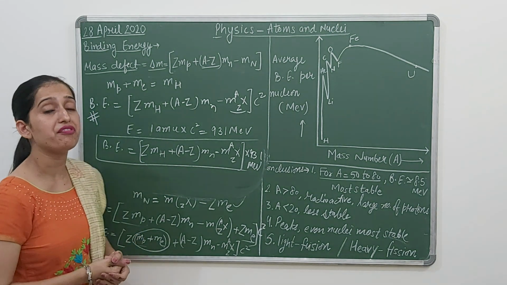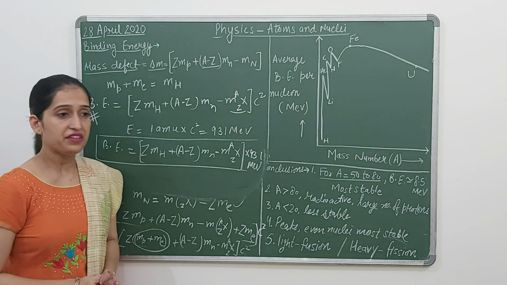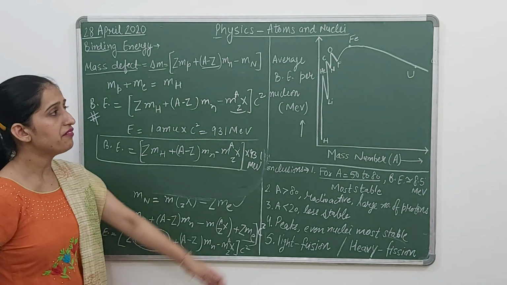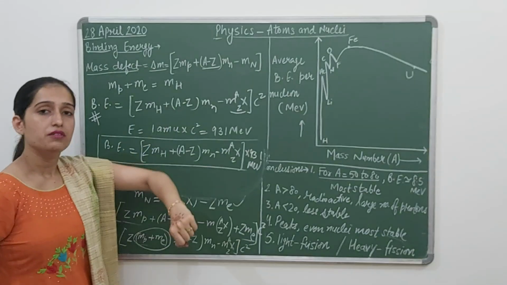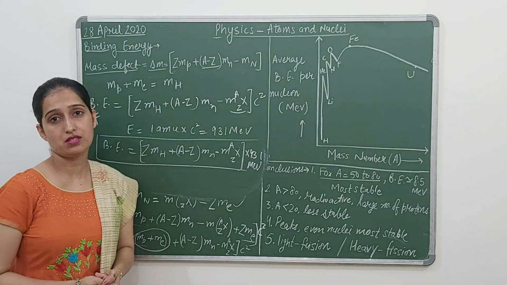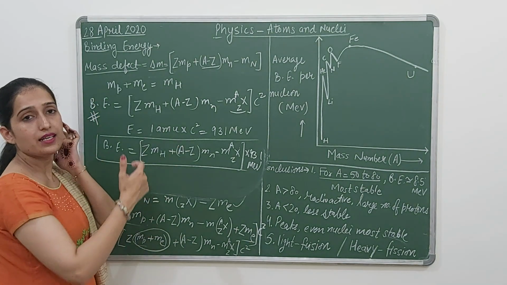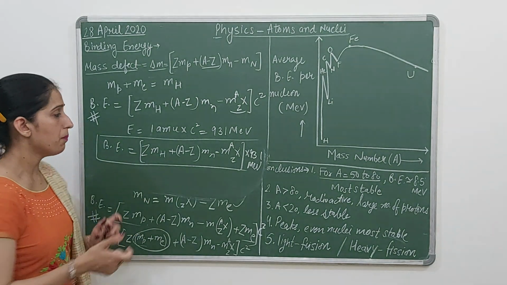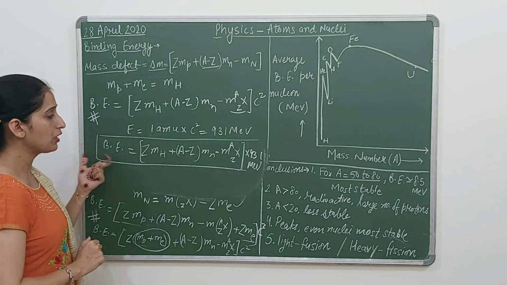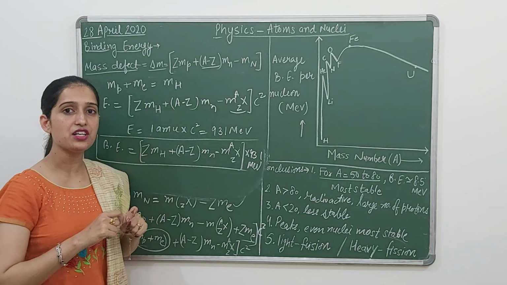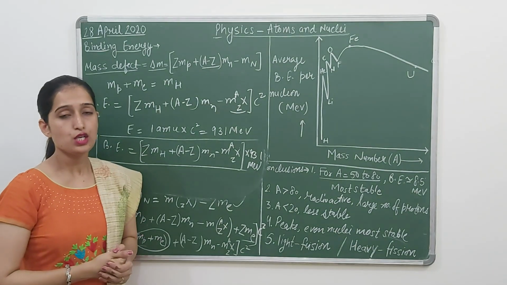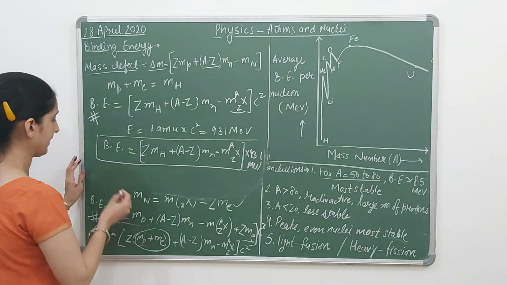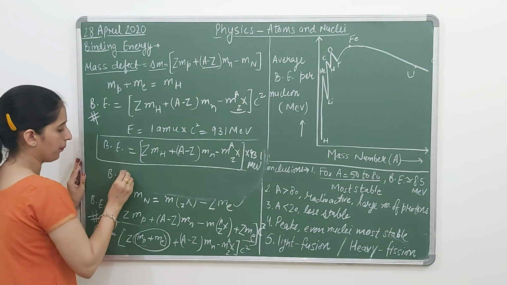Now you know we have various types of atoms. We have hydrogen, which has one proton, and we have uranium also, which has 100 plus neutrons. So these are the variety which we have in our periodic table. So binding energy is going to be very low for some and very high for others. So to get a general review, we are calculating binding energy per nucleon.